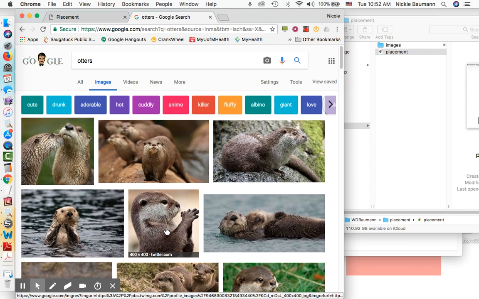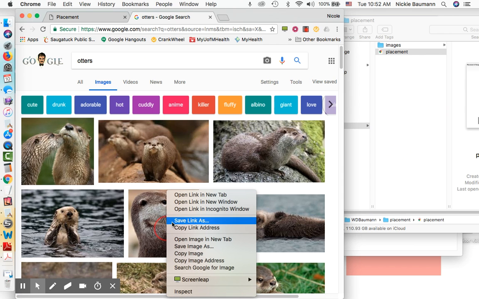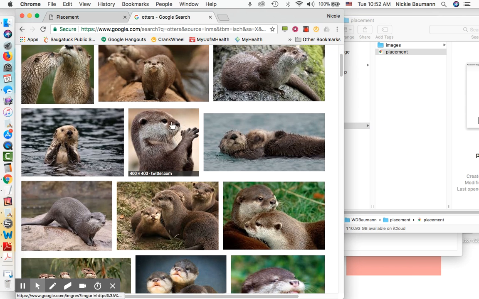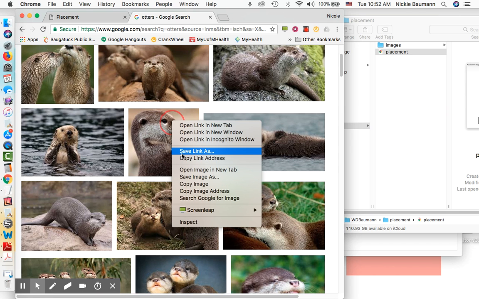I'm going to right click, or control-click if you're on a Mac. Again, because we are doing this locally and just for this class and it's not going to be out on the internet, it's okay that we take these images from Google. Otherwise, we should go to an image sharing site where it's royalty free. So I'm going to save image as,